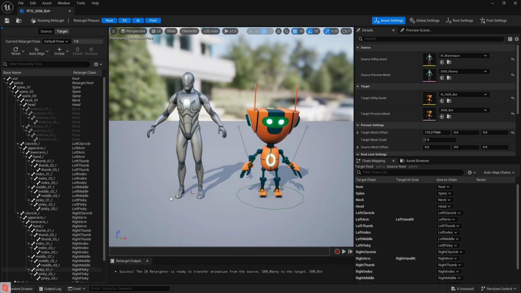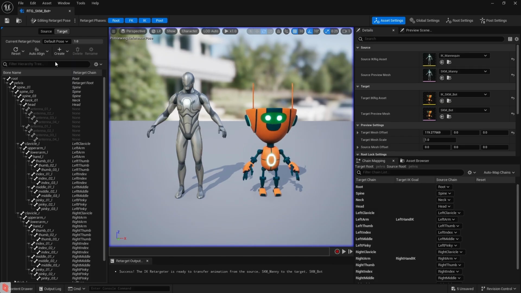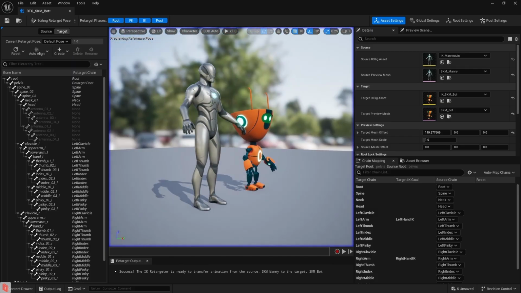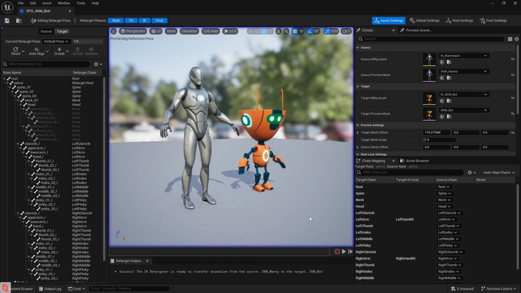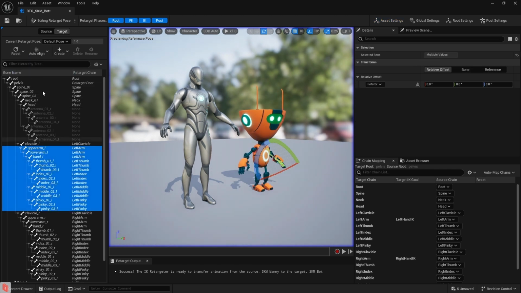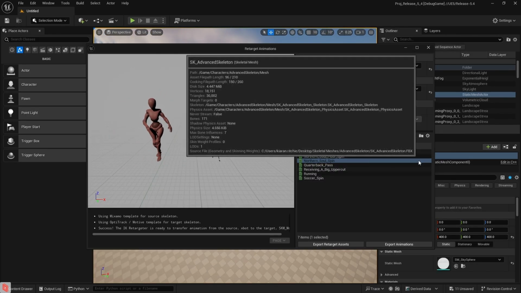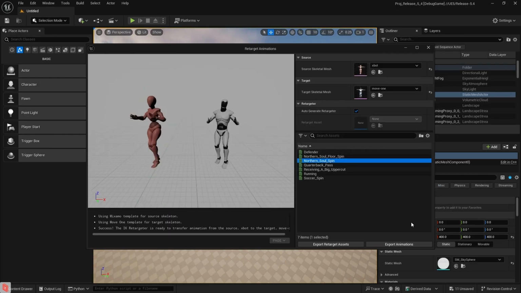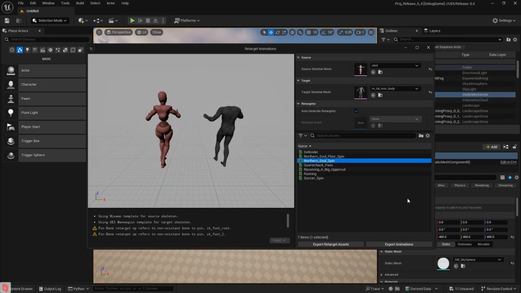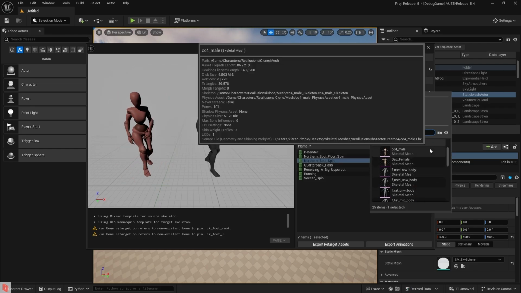For the IK Retargeter, there's a new button within the Retarget Pose menu called Auto Align. This is skeleton agnostic and will align based on the inputted source and target skeletal meshes. If you want more manual control, you can select specific bones to be aligned. We're really excited to release this for 5.4, and if you would like an in-depth deep dive in the process of auto-retarget or retargeting bipeds in general, feel free to follow the guide for retargeting bipeds linked in the